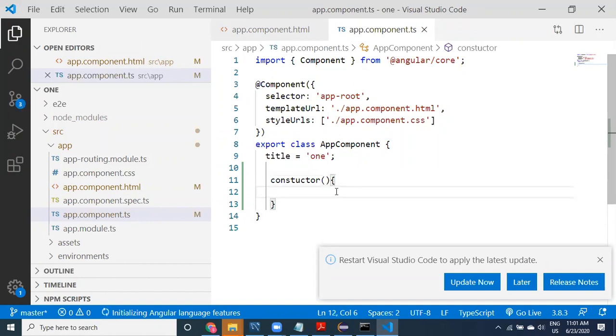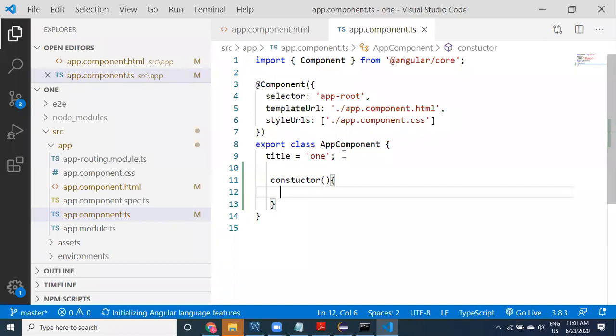NgRx, creation. First I want to create an observable, to create our own observables.